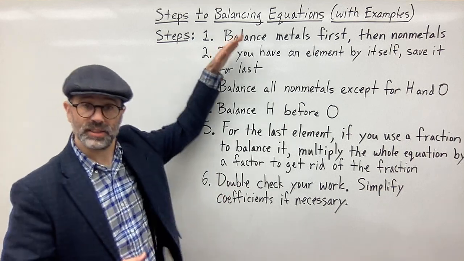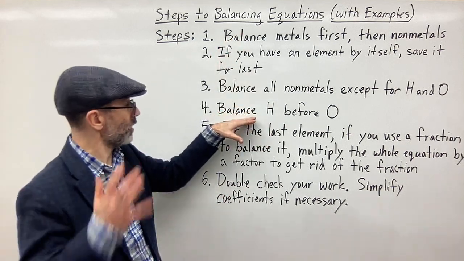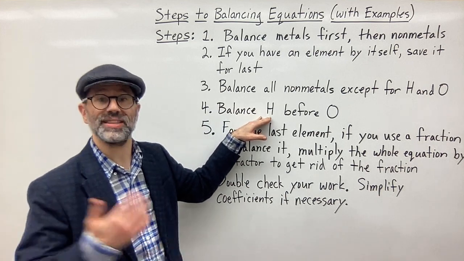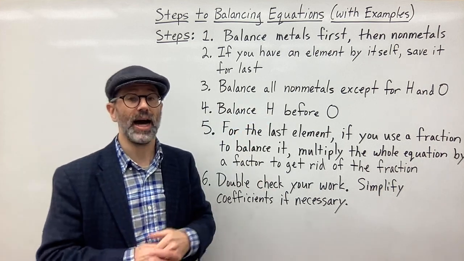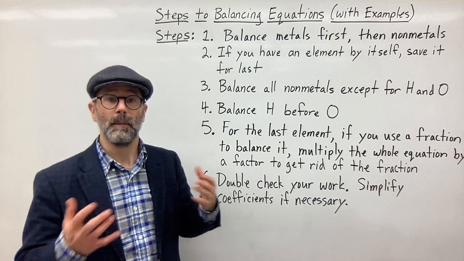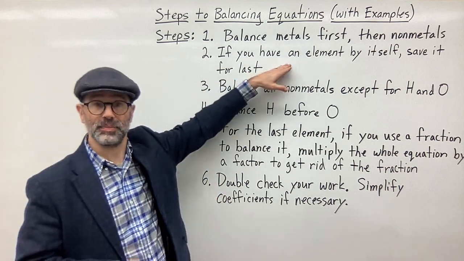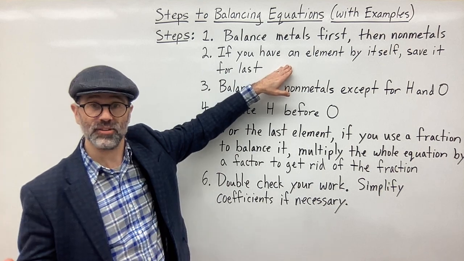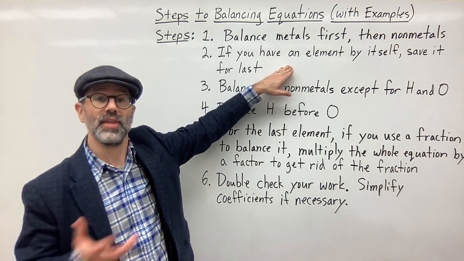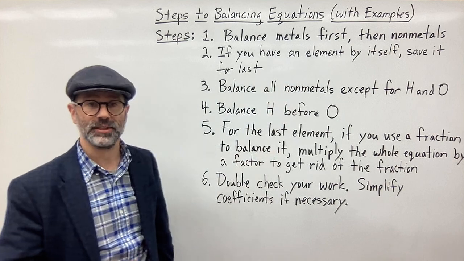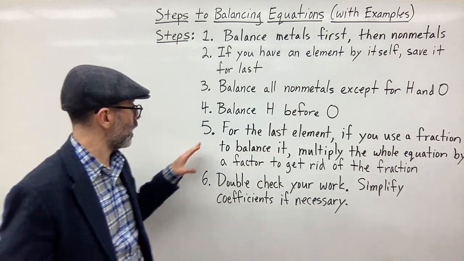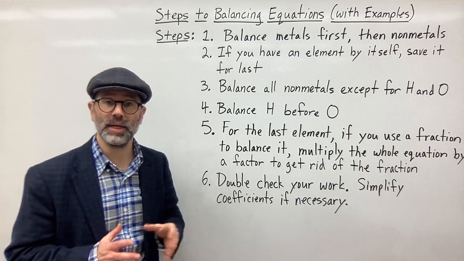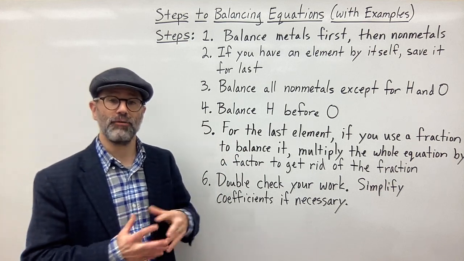So typically, all things being equal, you would balance hydrogen before oxygen, save oxygen last. Usually oxygen is saved for last, but again, it depends on step two. If you have oxygen as an element or something else as an element by itself, then you would save that for last. Finally, number five, for the last element, whatever the last element is, you can use a fraction to balance it,